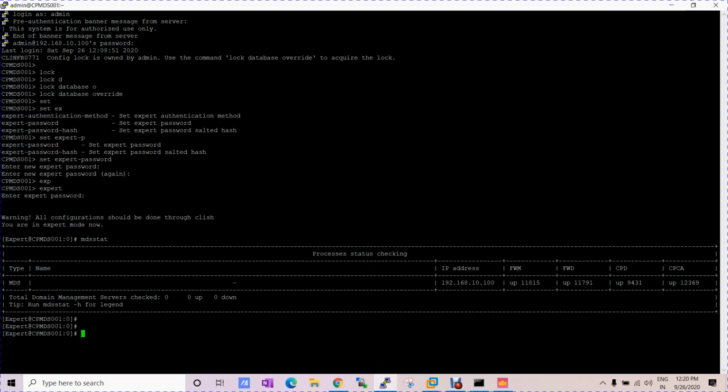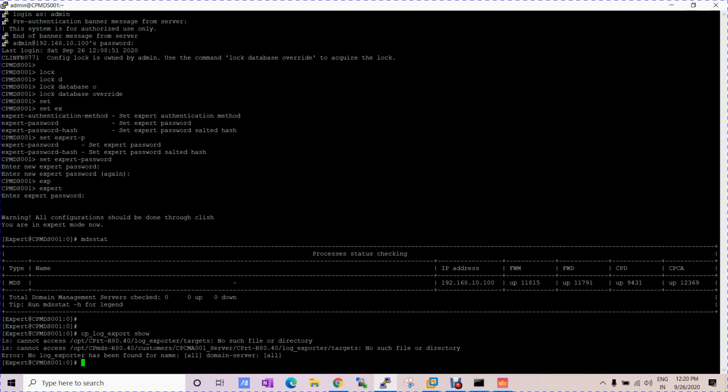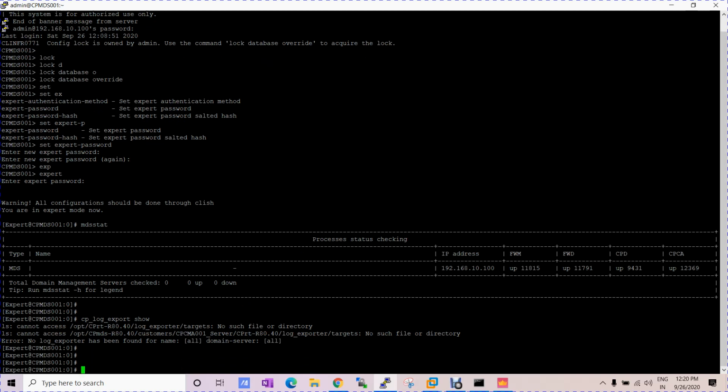So that is the basic thing. With the show command, we can see if we have any log server configured. Otherwise we need to configure the log exporter here.